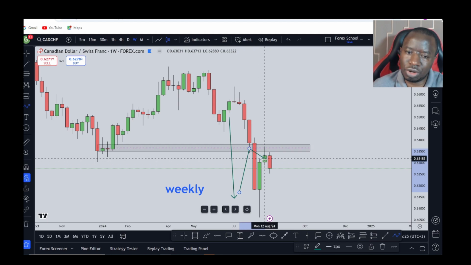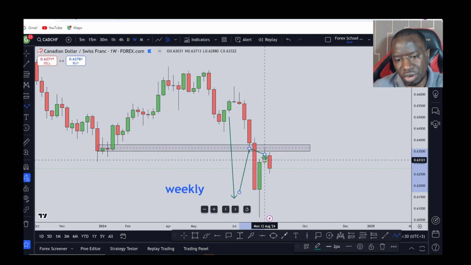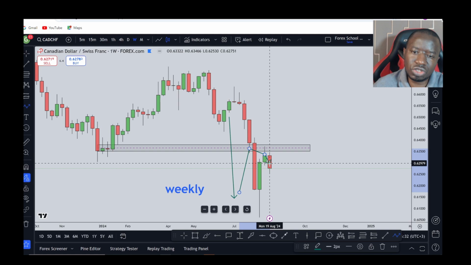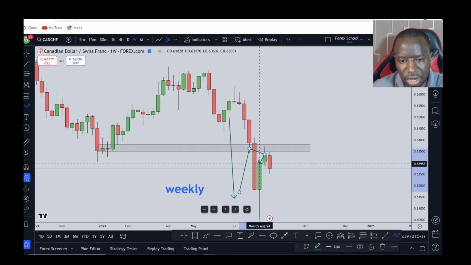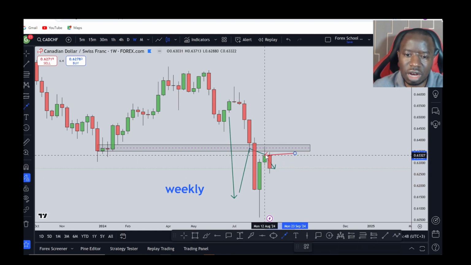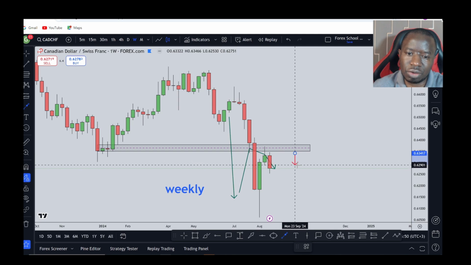Though being a bullish close, it has a long rejection wick to the upside, and the candle that came after it, which is this bearish close, closed strongly away from the resistance area, and it was also able to close below the low of this bullish candle with this close right here, which also completely engulfed the body of the previous candle. Now, this is a strong indication of a rejection of higher prices at the beginning of the next